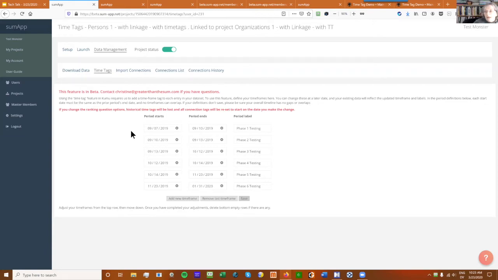But this is a test project that I started in September. And for that test project, I was doing a bunch of testing of the data outputs. So I would go in and make pretend connections and then add a new day over and over, so I could be testing that all the data was coming out right. So we have a map that has that data on it.